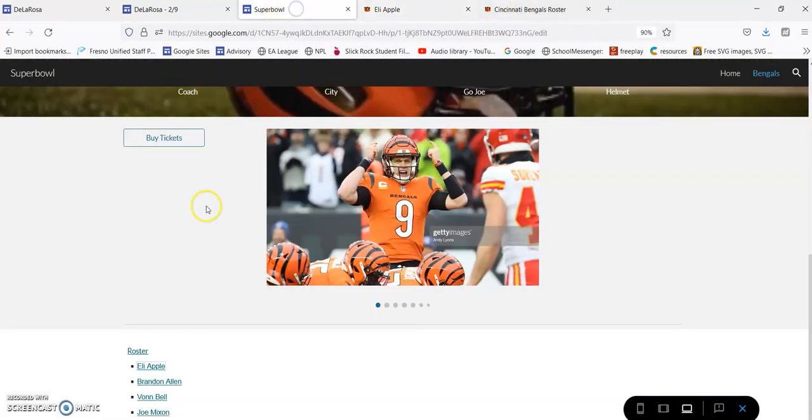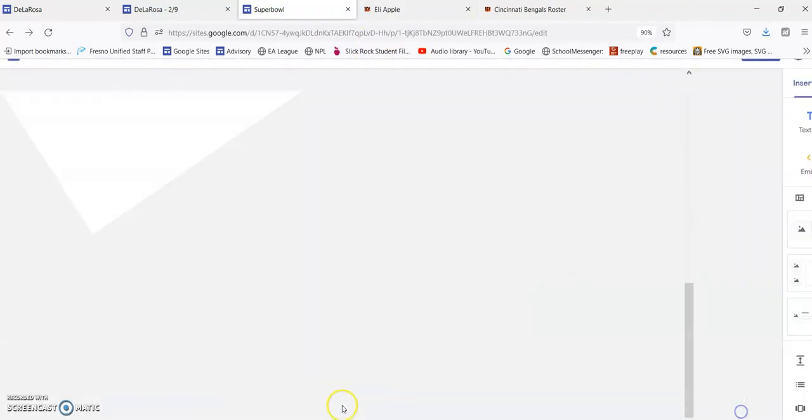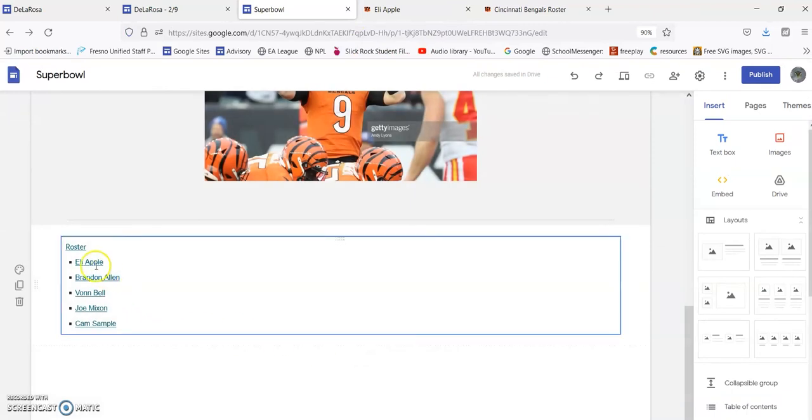If these links, well, let me get out of preview. If you don't want these links here, all you have to do is click on it and then just click on remove and it'll remove the link. Right, so it's off. But if you wanted to add it back on, all you'd have to do is highlight it,